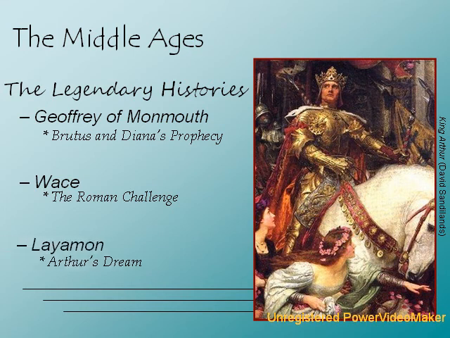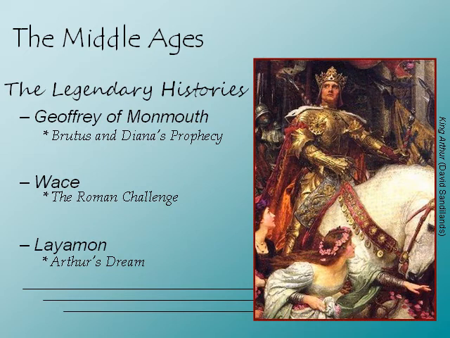Third, we will be reviewing a version of events set down by Layamon. Layamon, yet another member of the church, builds on and adapts Wace's vision, creating a more romantic Arthurian tale. Our study of Layamon begins shortly after Arthur has defended his throne against Rome, only to have to contend with problems back home.